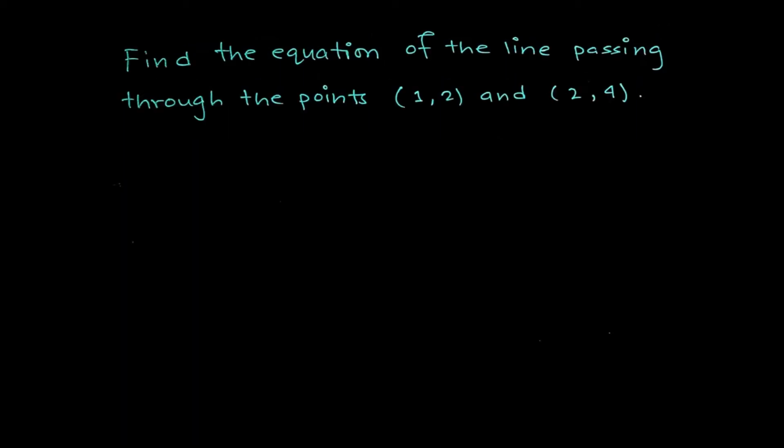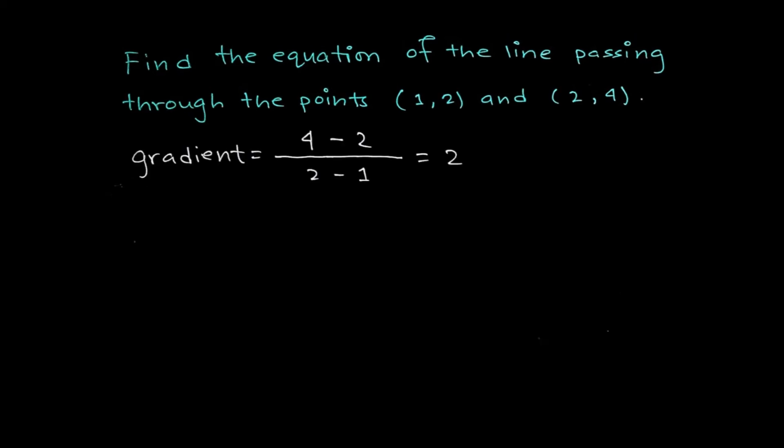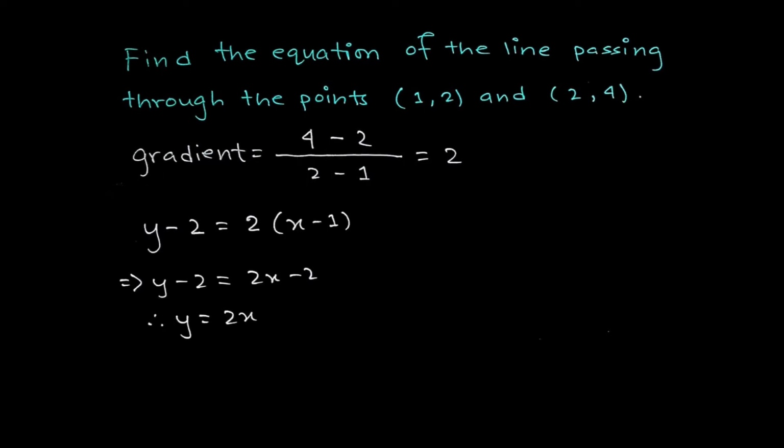Moving on to our first example. Find the equation of the line passing through the points (1, 2) and (2, 4). At first, we'll find the gradient of the line using the points. The gradient of the line comes to 2. Then, we'll take only one point to be used as x1 and y1 in the general form of the equation. We can use either of the points. The final equation will be the same. I'm taking (1, 2). I put the values and simplify the equation, which gives us the equation